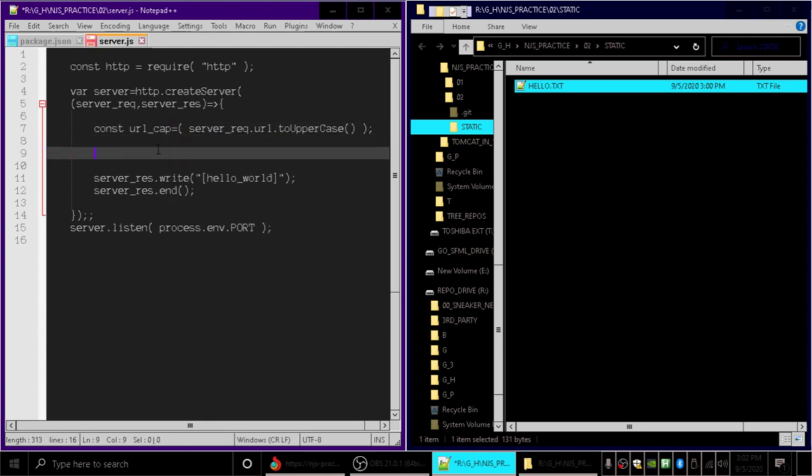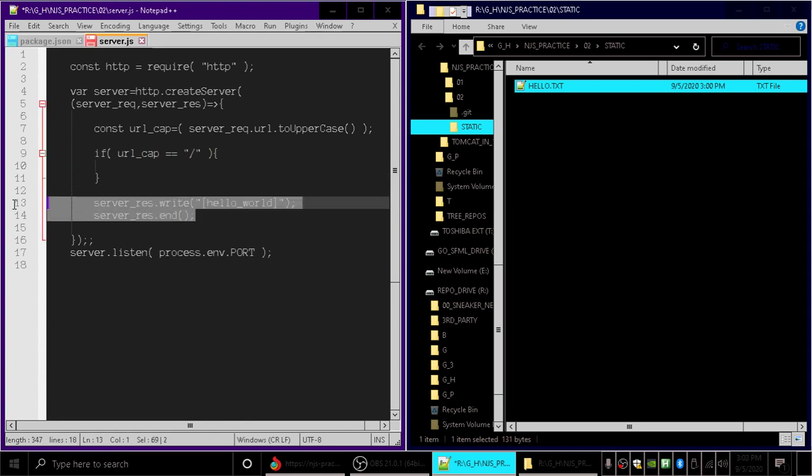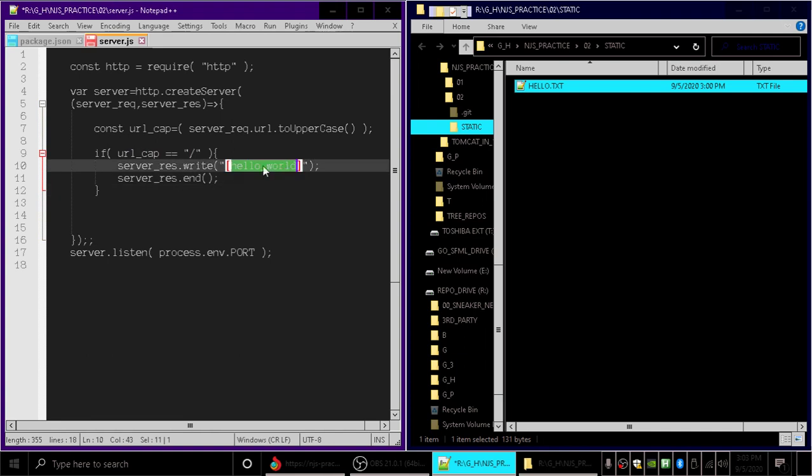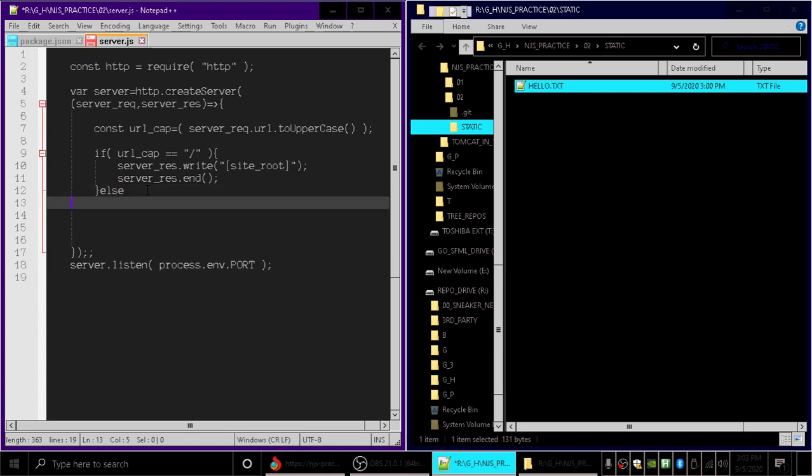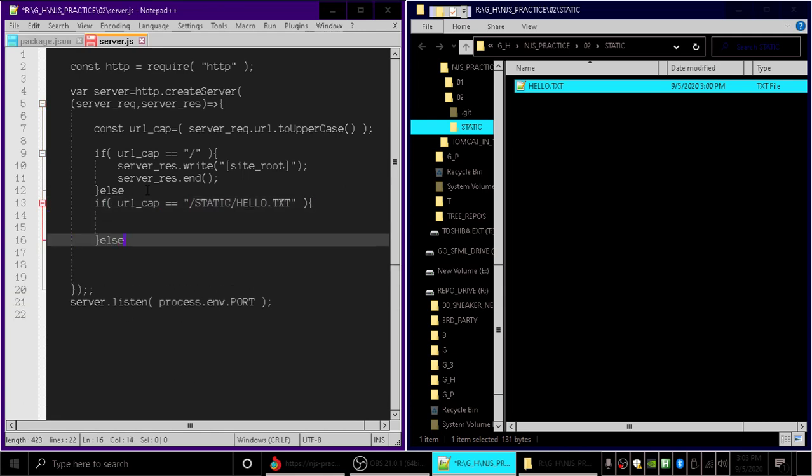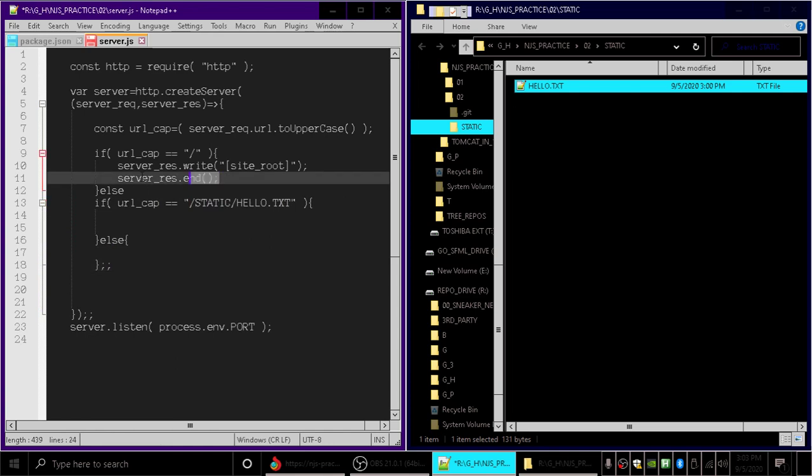So let's do if URL cap equals slash and just nothing. So if we're at the root of the site, I'm going to take this right here, I'm going to paste that there, and I'm just going to say site root, and then else, if URL cap equals that, and so what we're going to do is we're going to take this, we'll paste it, and we'll just say to do